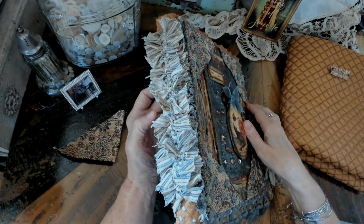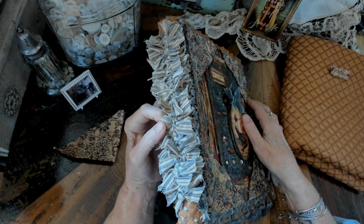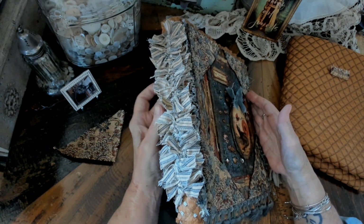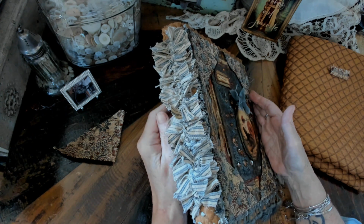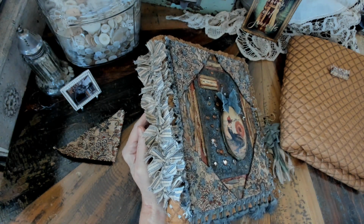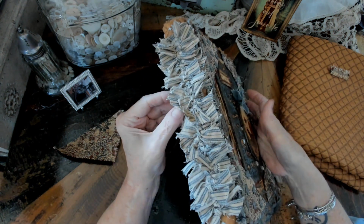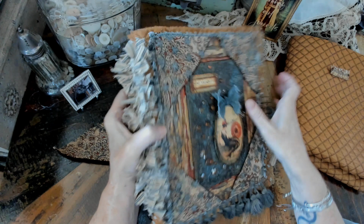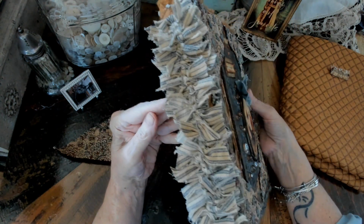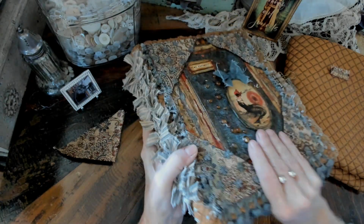Little pieces of cotton fabric that I frayed, and then I literally tied into bow knots. And I'm going to do another little process video on that. It's very simple. You're not gonna believe how simple it is. But it makes a big impact, I think. And you can do part of the spine, or you can do all of it. I just like the whole spine done. And the back,